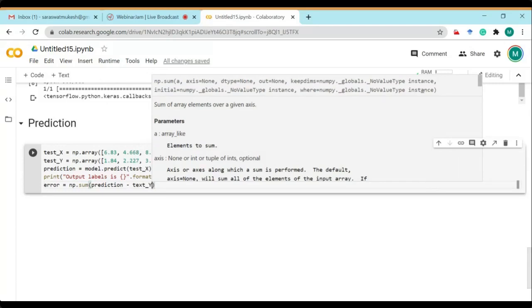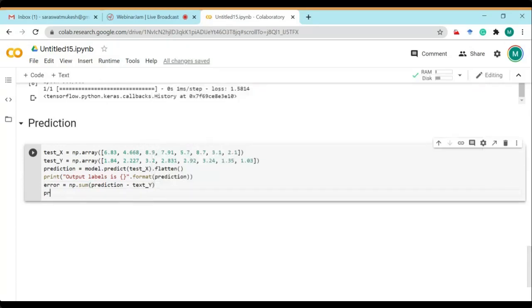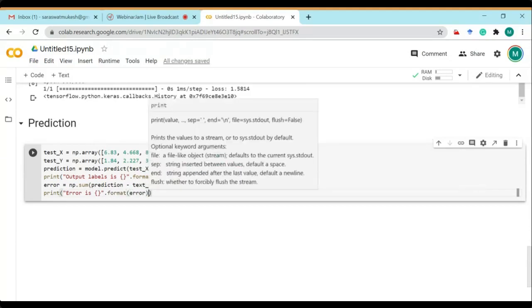Then we can print the error also: print error is, then format, then error. I think it is clear to all of you what we are doing here.